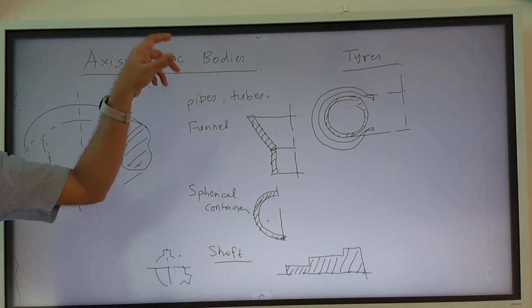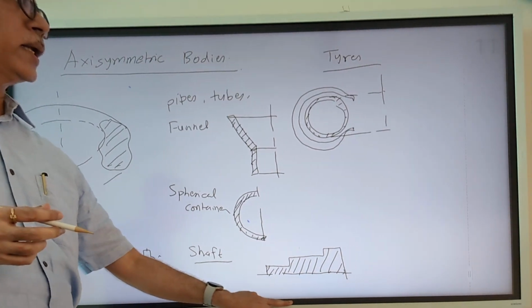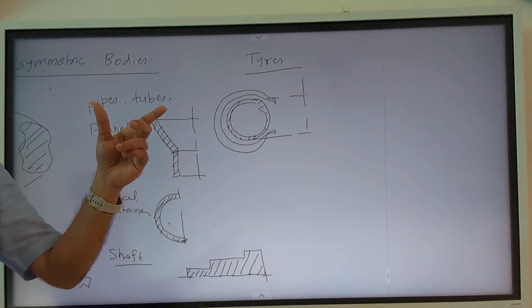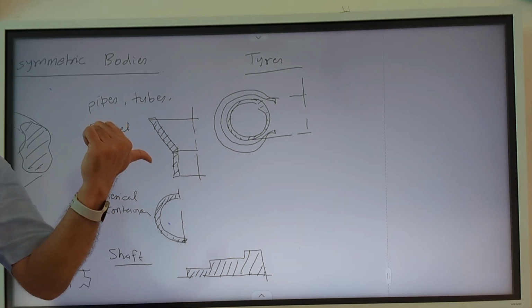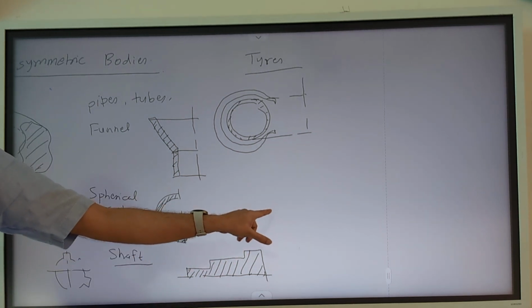That is what we are going to learn, how to analyze these bodies using what is called axisymmetric analysis. In axisymmetric analysis, we use a special type of coordinate system, which is, can you think? There are three coordinate systems you must have come across in your geometry classes. First is the Cartesian coordinate system, x, y, z, which we are dealing with. What are the other two types? Polar and cylindrical. So for axisymmetric, which would be more suitable? The polar coordinate system is the one which we will be using.